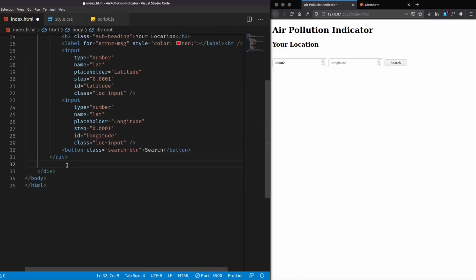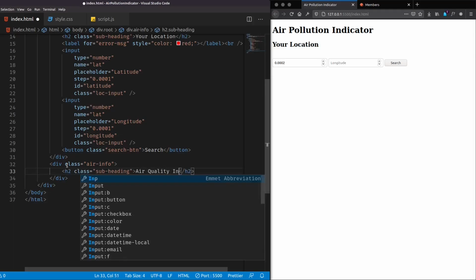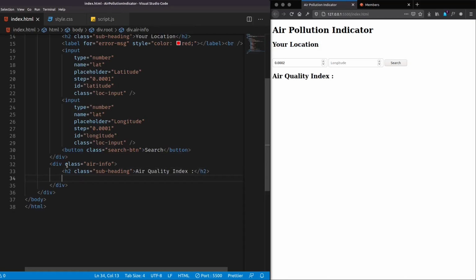Let's go ahead and create another div with the class air info and create an h2 with a class subheading, and the subheading will be air quality index, and here we will display the air quality index, that is a number defining how good the air quality is, and I will put that inside a span and give it a class of air quality.